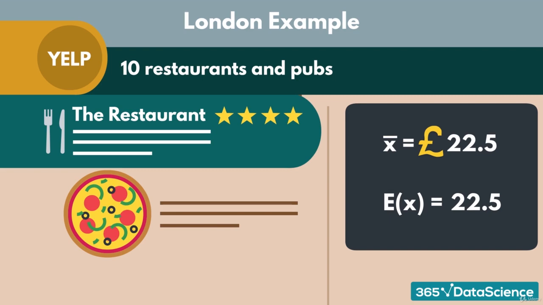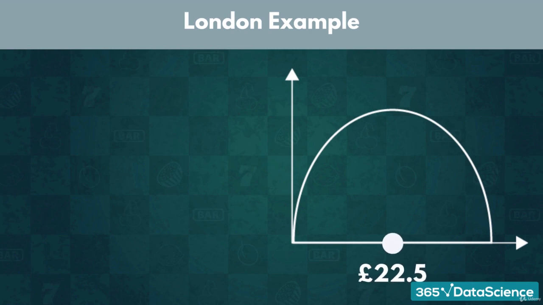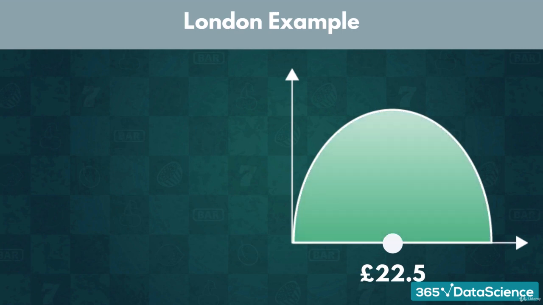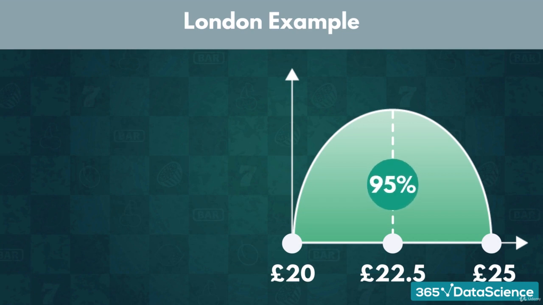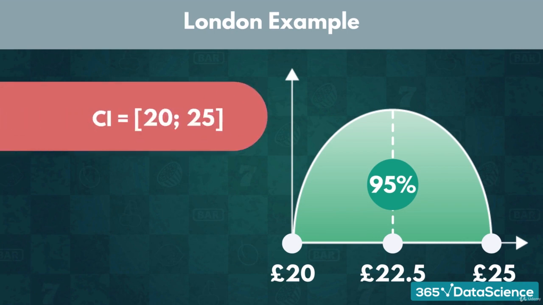As we have stated throughout the course, when we are uncertain of some outcome, we construct intervals. The mean of our data is £22.50, so we build our interval around it. We know that prices in the region are normally distributed, so the data is symmetric with respect to the mean. Therefore, our interval should be equally far away from the mean in either direction. Without going into too much detail, our confidence interval should span between £20 and £25. This indicates that we are 95% certain the average meal in North London costs somewhere between £20 and £25. So that is how much we intend to have.